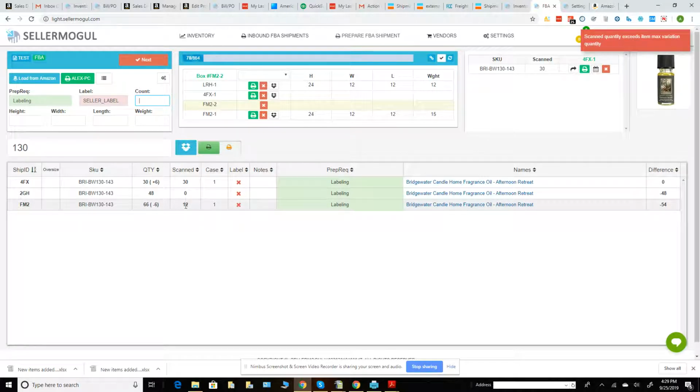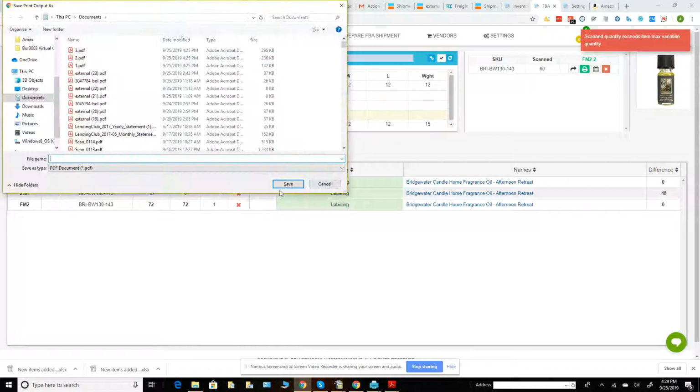Because we already scanned 12, and by the way, this actually remembers it, we can only scan 54 units. So what we need to do is, supposedly we want to do 54 plus 6, so we can do 60. So again, we're going to close the shipment,